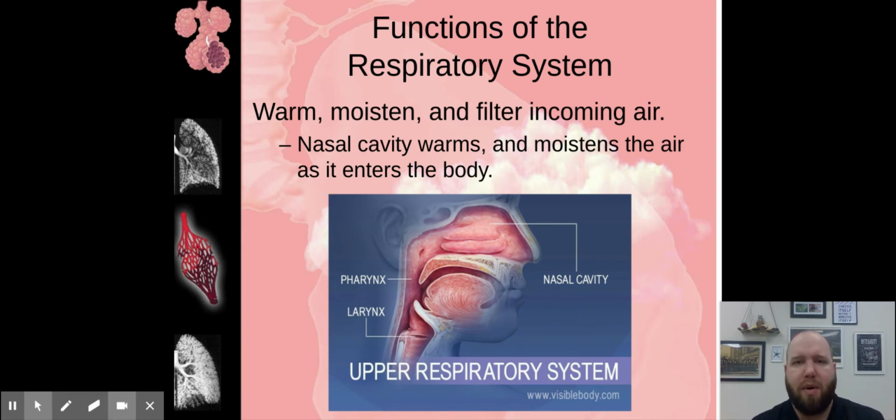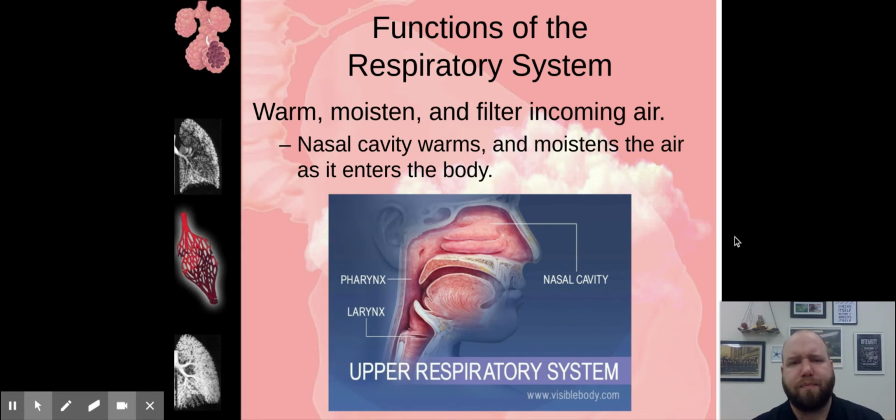We need to keep a moist environment so that we don't dry out our lungs. And so, in order to do that, we're going to moisten that. And then we're also going to filter contaminants and all the bad stuff out of the air as well. And so, the logical place for all this to happen is right here in your nasal cavity. So, as you breathe in air, hopefully through your nose, it's going to do all three of those things for